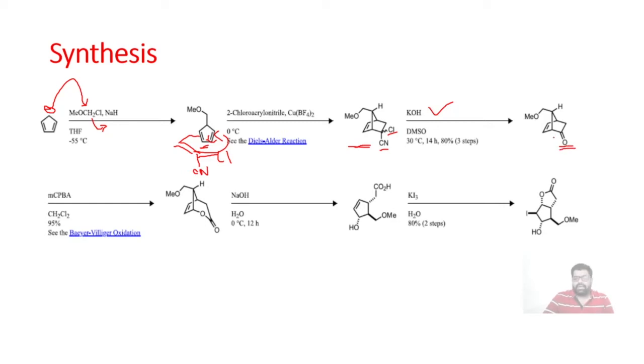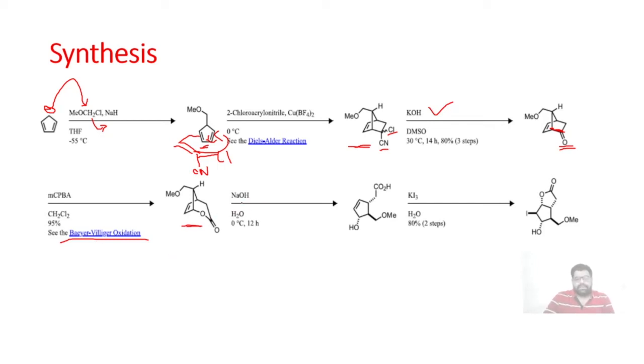So we get keto over here, and then this keto compound, that is the bicyclic ring, is subjected to the MCPBA reaction. MCPBA reaction means Baeyer-Villiger oxidation. I will remind you, this question is asked more than 10 times in CSIR NET and SET examinations. As you can see here, there is a more substituted carbon over here, so oxygen will add in between these two carbons, and we get this kind of lactone. Simple MCPBA reaction or Baeyer-Villiger oxidation rearrangement.